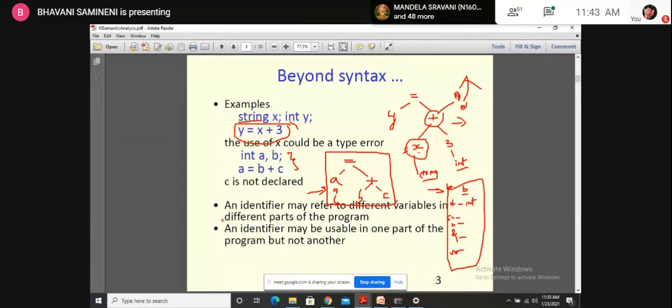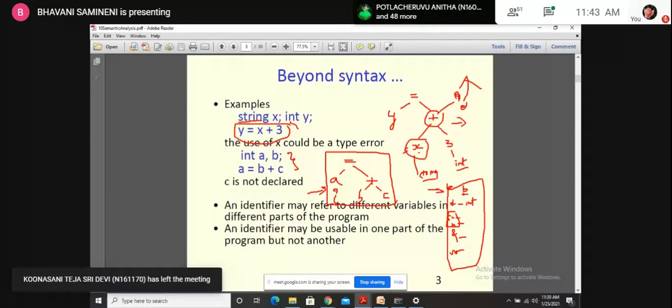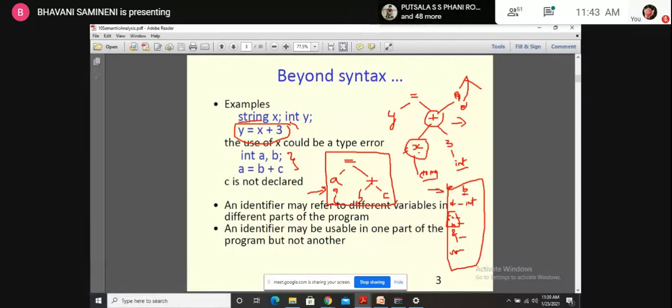And one more point here is an identifier may refer to different variables in different parts of the program, right? That can be resolved with the scope and lifetime. So if there is a variable B, the same variable I can use throughout the program in various places. In one function, I'll initialize value X, and in another function, I'll initialize the value X. But those are local variables, right? So if I'm taking local variables, their lifetime will be restricted to that function only, not beyond that. So keeping that in view, we'll be declaring the scope and the lifetime of each and every variable. That should be kept.